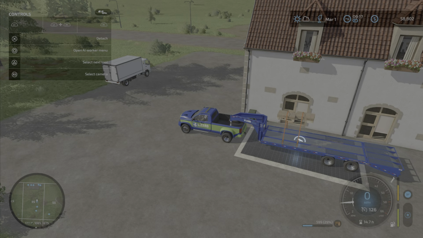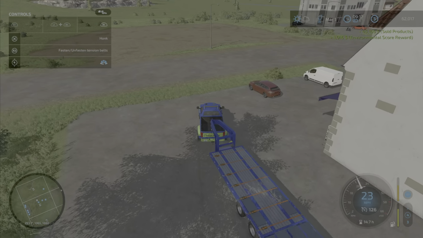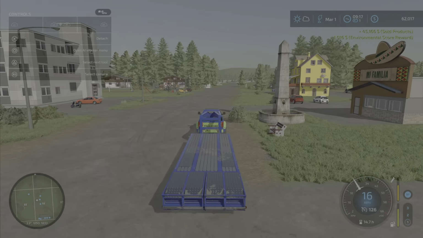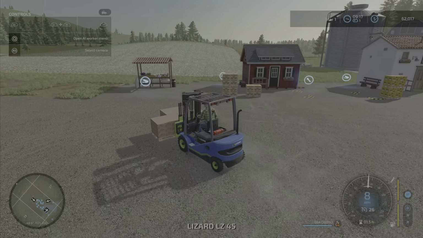So let's go ahead and see what we got from that. 45,000 plus 1,000 on a vendor. Oh wow, the environmental thing from the precision mods sure is adding up. Let's leave this truck here. Also, I do have to show one thing,